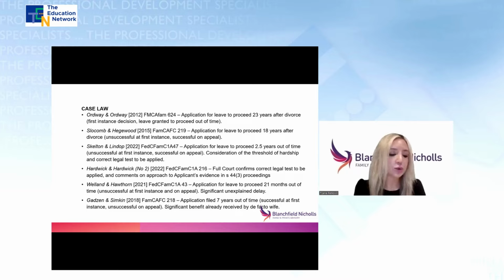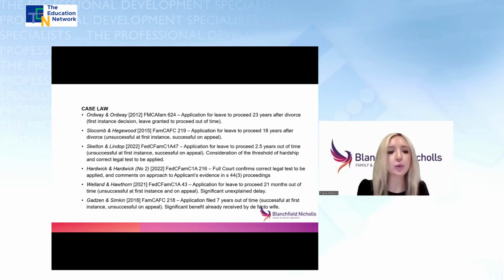Now, this case was also quite helpful in that it summarises the approach in applications seeking an interlocutory order under Section 44(3). The full court held that these applications are generally dealt with on the basis that the applicant's evidence is presumed to be correct, unless it is inherently unbelievable or contradictory. And it is important to appreciate that it is only in the event of leave being granted that the court at final hearing will make a determination in respect of the accuracy or otherwise of the parties' competing factual contentions.